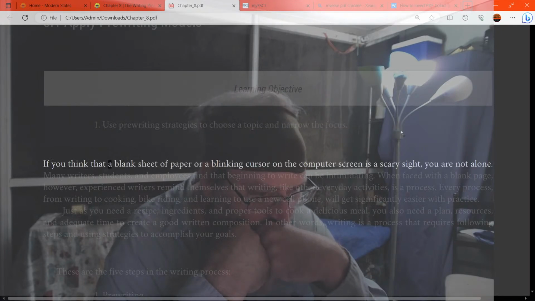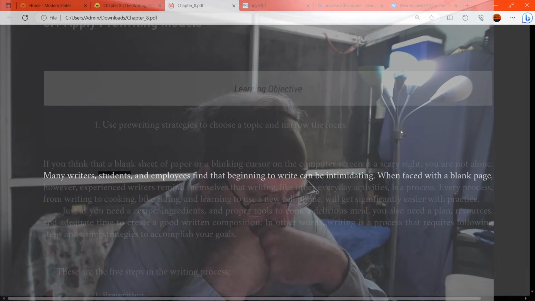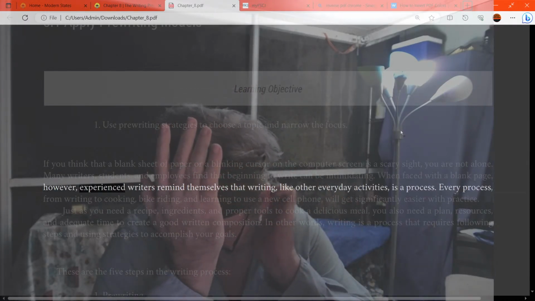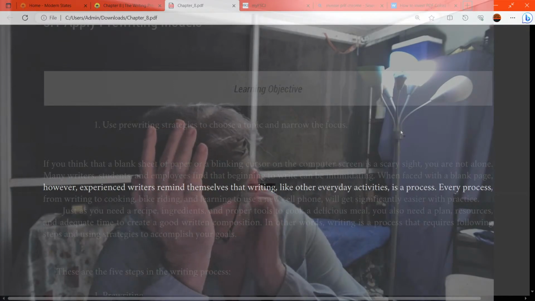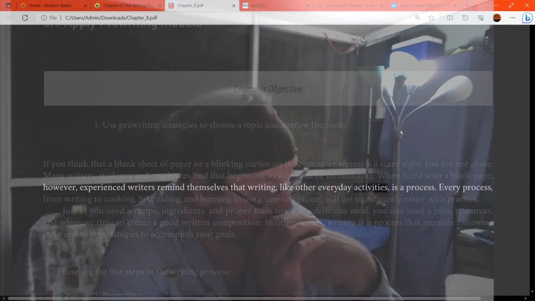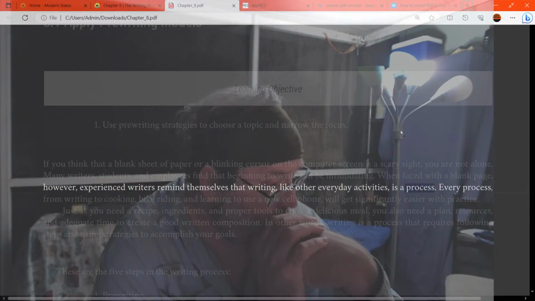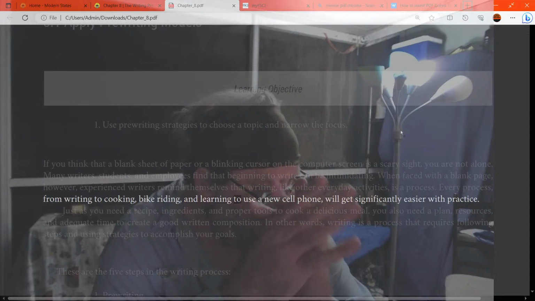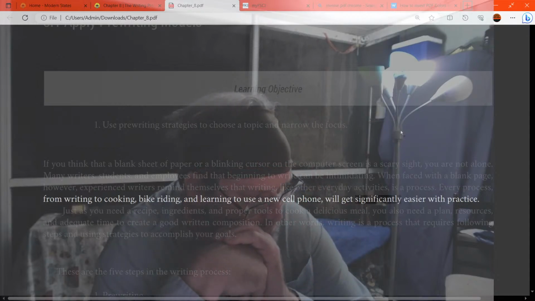If you think that a blank sheet of paper or a blinking cursor on the computer screen is a scary sight, you are not alone. Many writers, students, and employees find that beginning to write can be intimidating. When faced with a blank page, however, experienced writers remind themselves that writing, like other everyday activities, is a process. Every process, from writing to cooking, bike riding, and learning to use a new cell phone, will get significantly easier